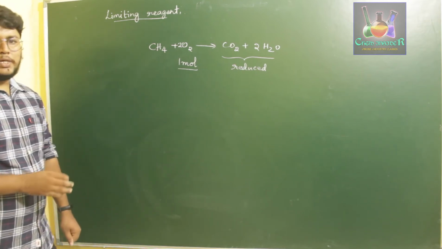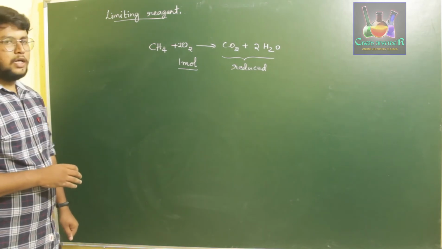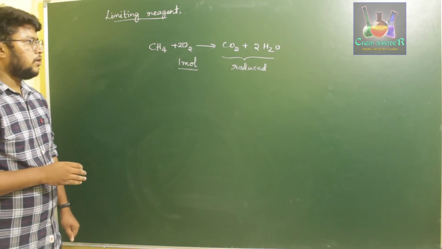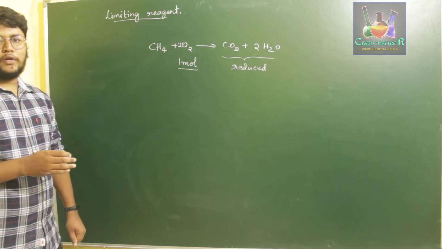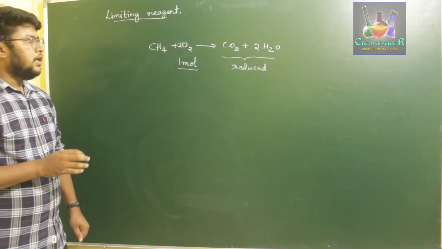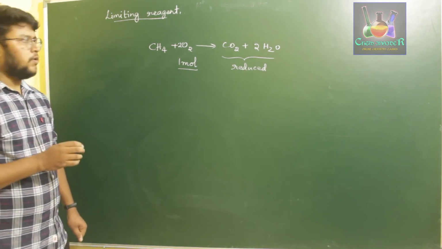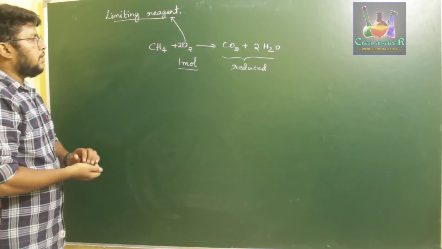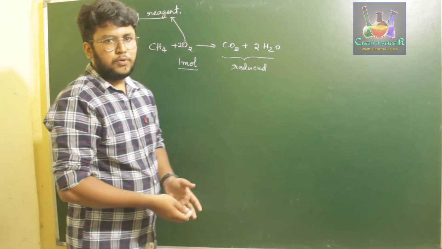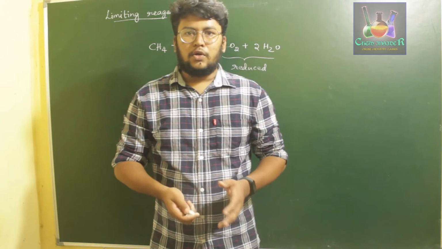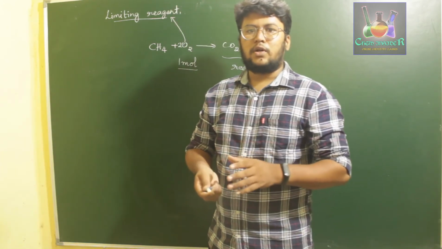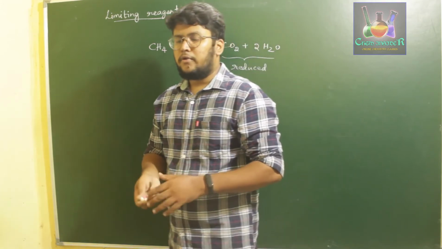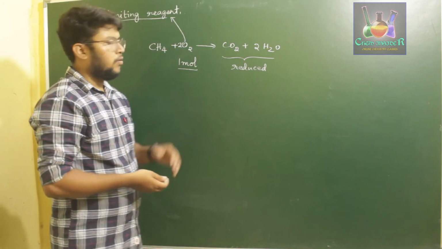So, in any chemical reaction, if one of the reactants is taken in a slightly lesser amount, then the product formed will be reduced. The reactant which was taken in a lesser quantity is called the limiting reagent. In any chemical reaction, if 2 or more reactants are reacting with one another to form a desired product, and we use one of the reactants in a slightly lesser quantity than it has to be used, then the amount of product formed will be less than the expected value.